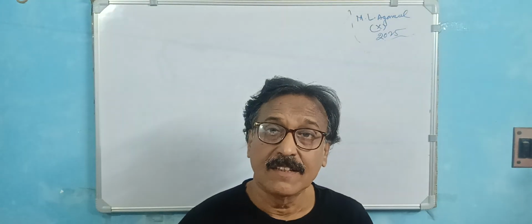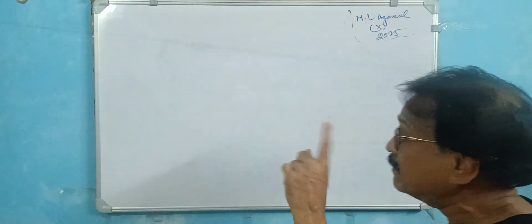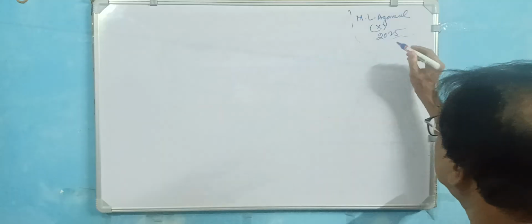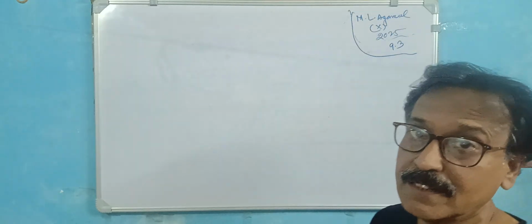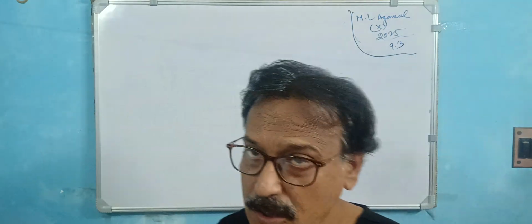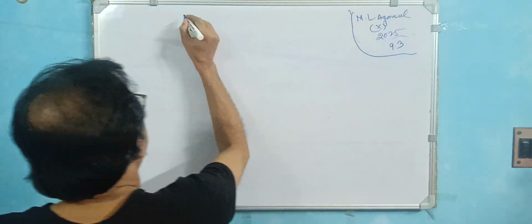Today I will also discuss the continuation of the AP, but this is chapter exercise 9.3. This is actually from Selina Publishers, Class 10 ICSE 2025 edition. This is actually the sum